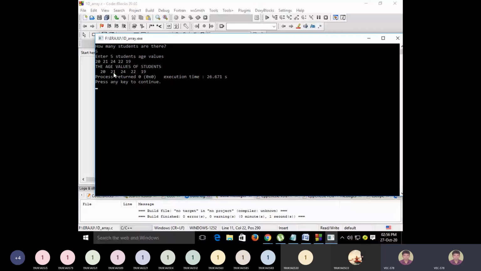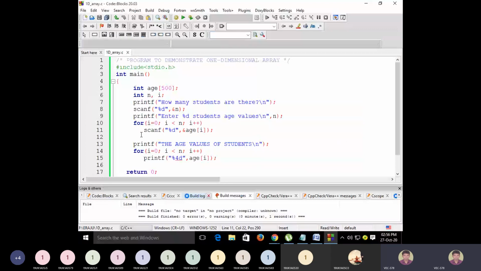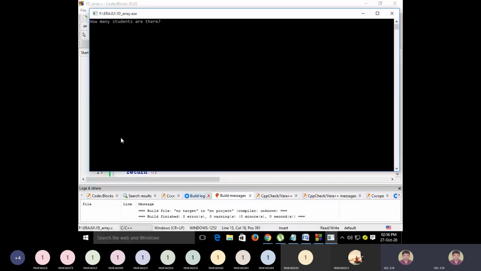If you write directly d, how it will be displayed, just see here. If you write percentage d, okay, so 0 errors. Now say enter how many students, 5 students. Okay, so enter 5 students' ages, then say 18.